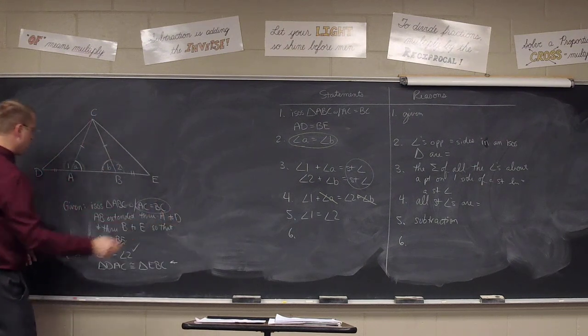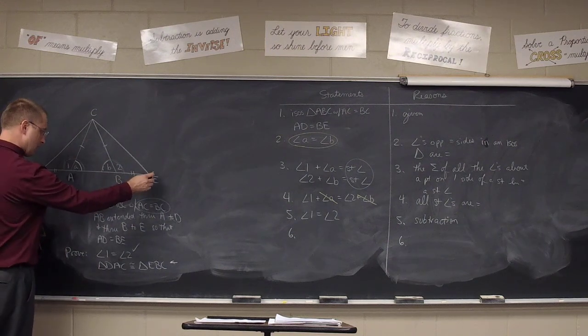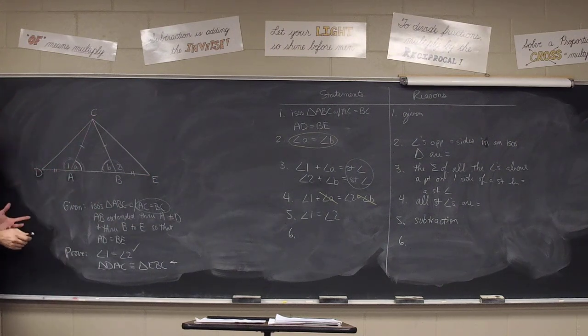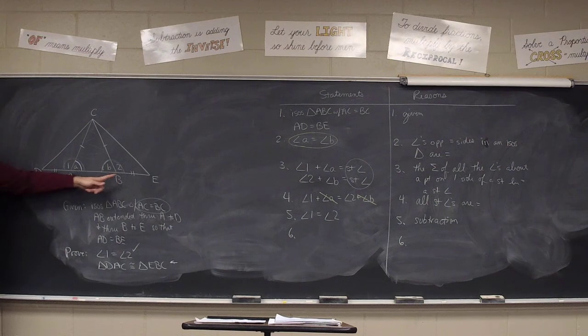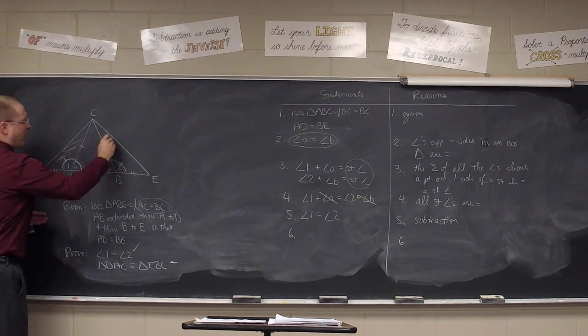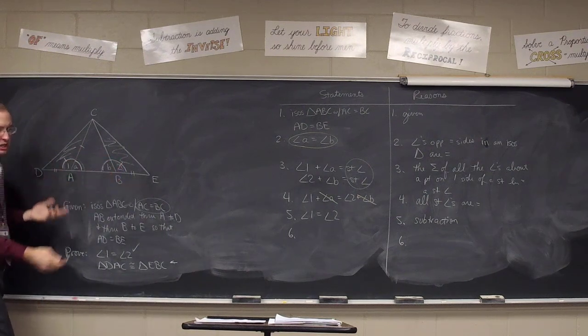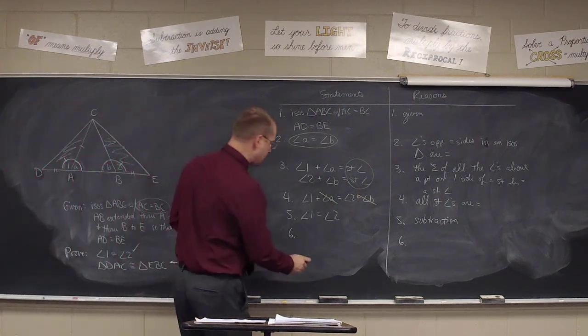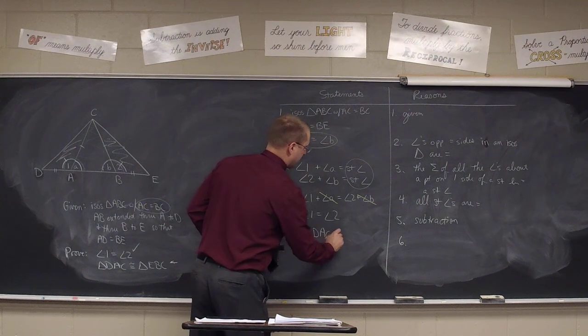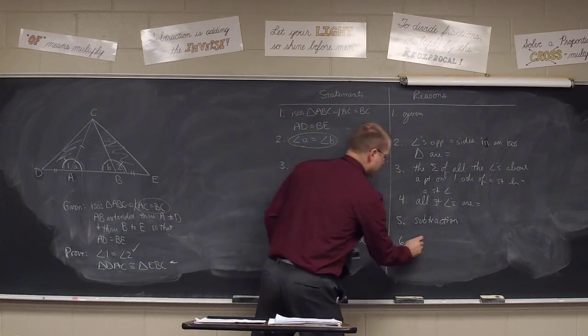I need to prove that two triangles are congruent, DAC and EBC. Of course, we were given these two extensions, AD and BE, were equal. We were given these two sides equal, and we just proved that angle 1 equaled angle 2. So class, with these two triangles, we already have side angle side. So yeah, number 6, you should have stated that triangle DAC is congruent to triangle EBC, and the reason side